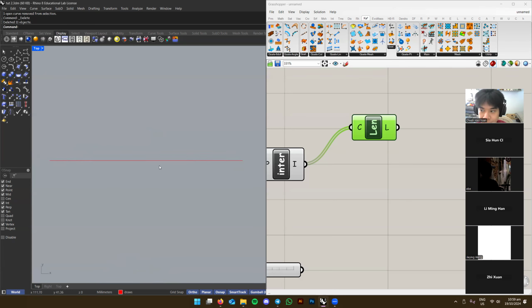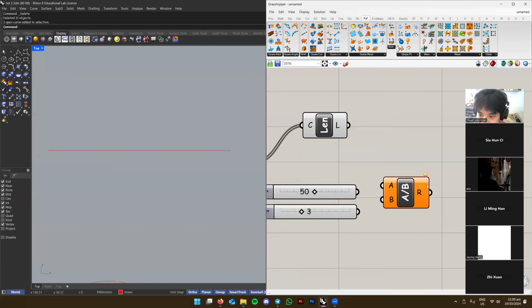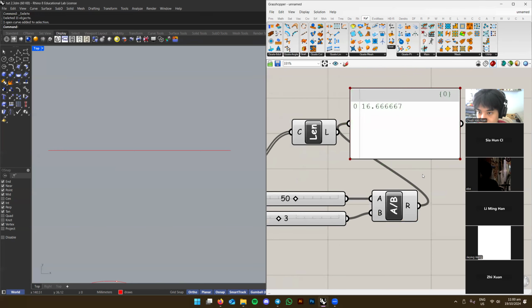And what if we say we want to do it in 3 mm segments, right? But we know that we can't possibly fit 3 mm segments nicely into a 50 mm line, but we can approximate. So instead of fitting 3 mm, maybe we can do 2 point something. So let's do 50 divided by 3, and this is some quick math. We divide 50 by 3, and just pull out the answer. So it's this number,